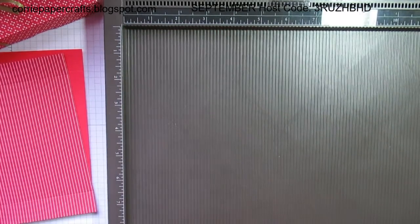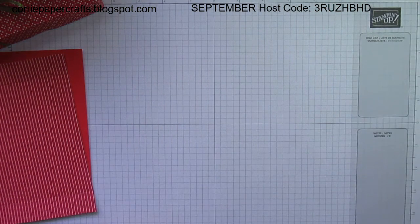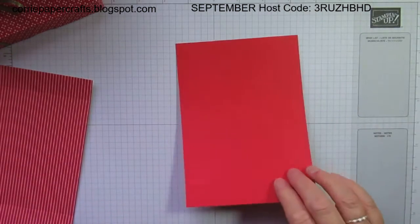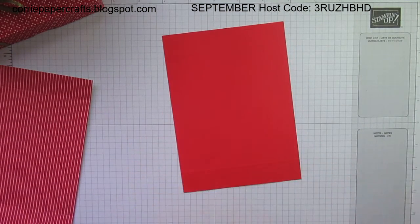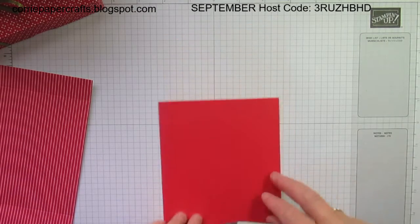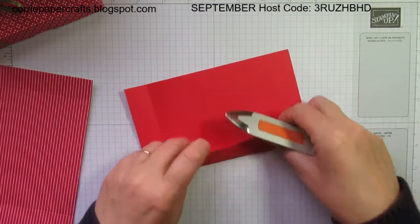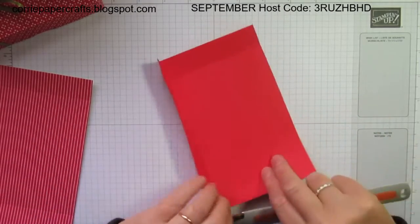But in saying that, you could fit little bars of chocolate in there as well, or some sweeties, or even a nice scarf or some makeup or something like that. So it's still quite a diverse box in terms of what you put in it. So fold and burnish on all your score lines